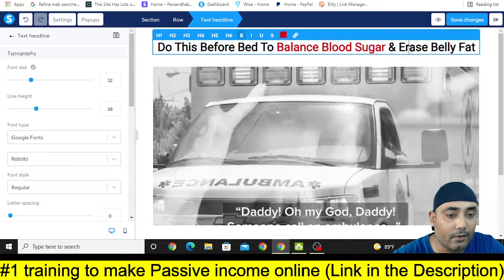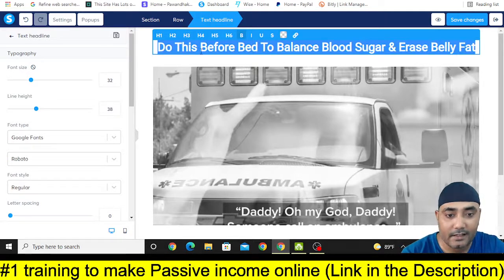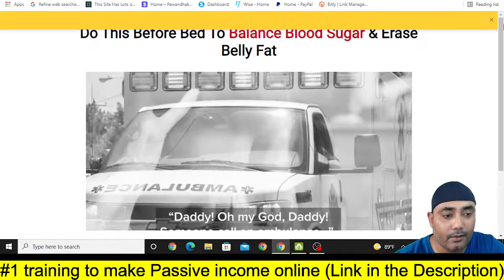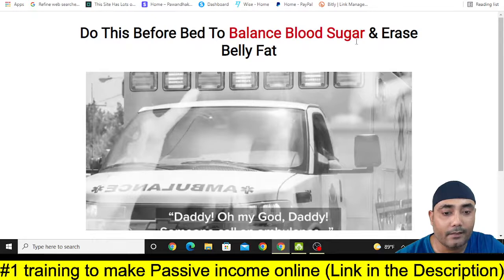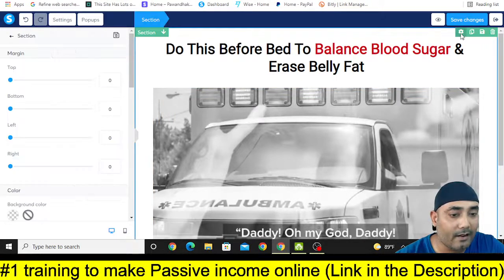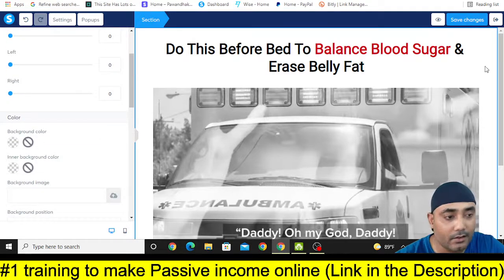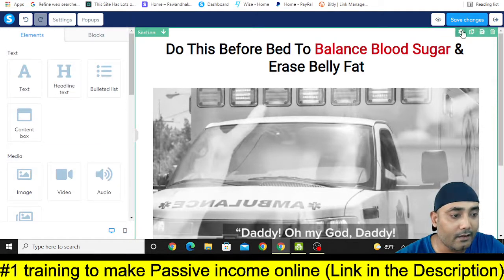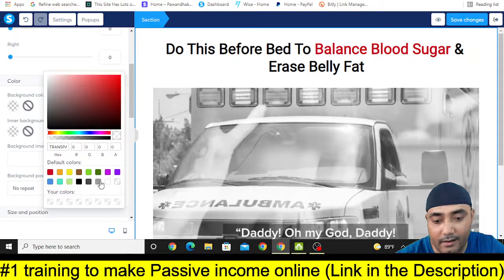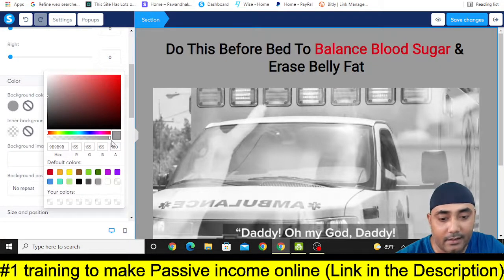Now if you want to make it a little bit bigger, then select all and click on this H1, okay, and click on save changes and again do a preview. Now it will look like this, okay. Do this before. So now if you want to change the background color, then just click on that green, and go to background color and make it a little bit like this, and you can reduce the opacity with the help of this,